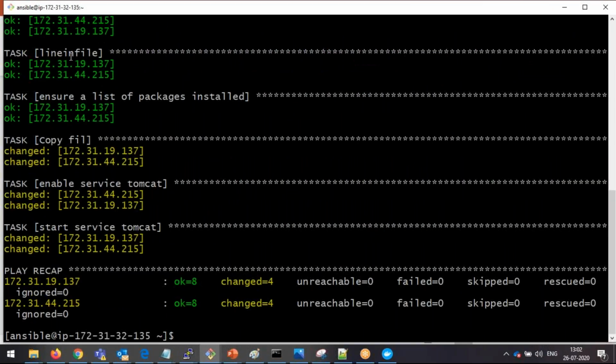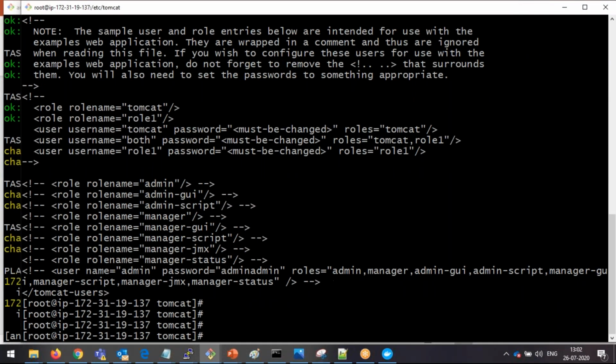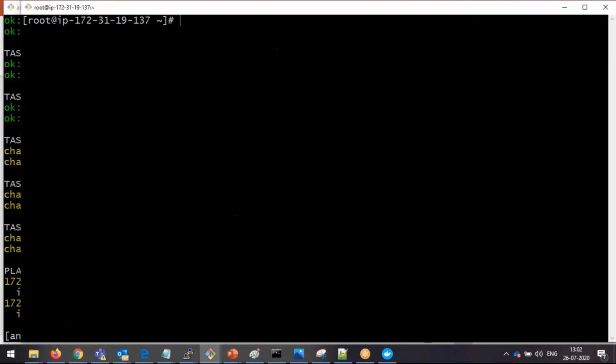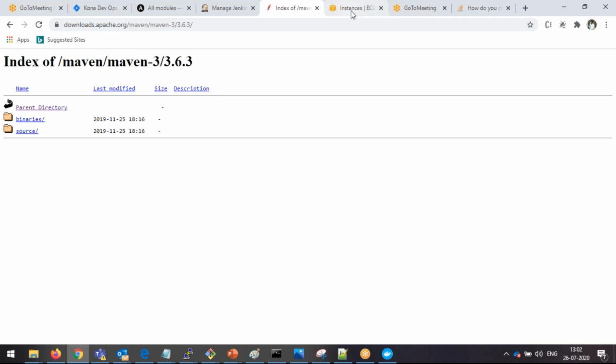So here the installation is done. Green light. Now copy file, enable and start Tomcat. Let's try service tomcat status. See here, Tomcat is running with the service command. I have used the package manager; earlier we used the binary. So now, if I go to my servers,